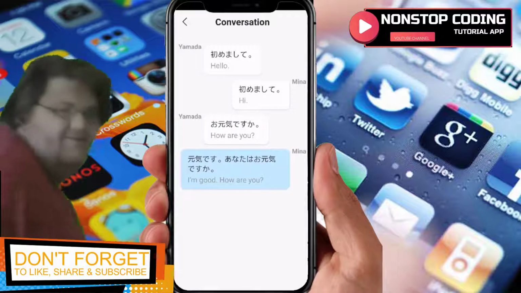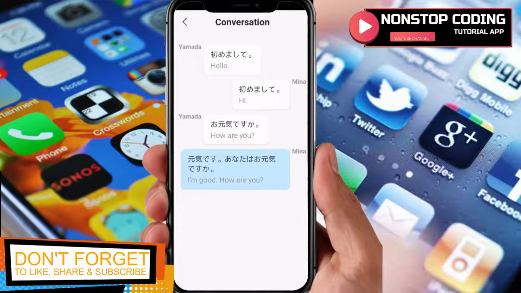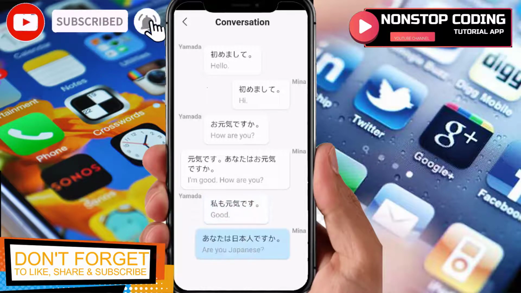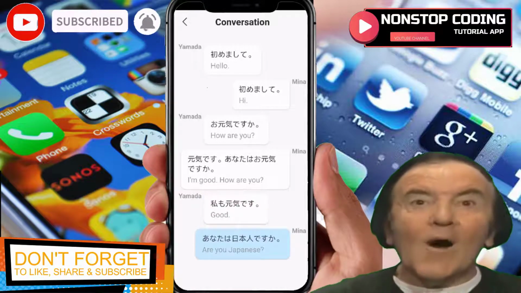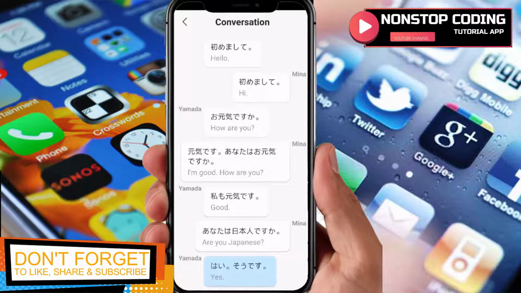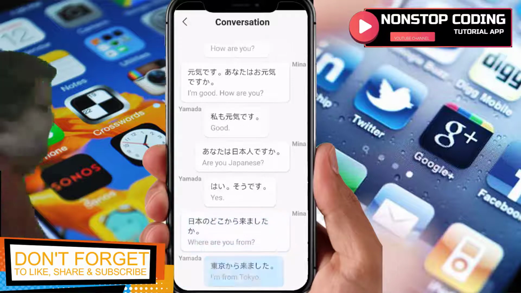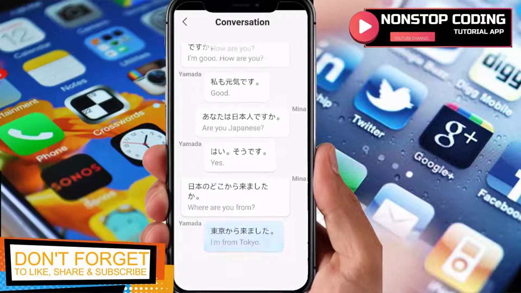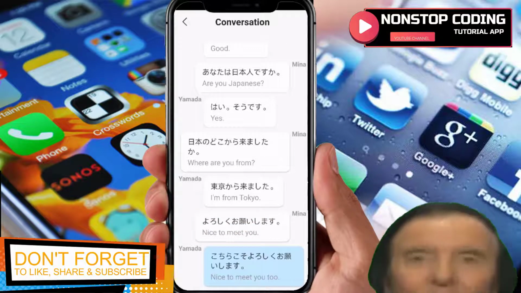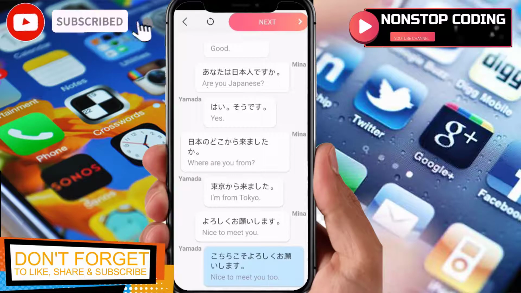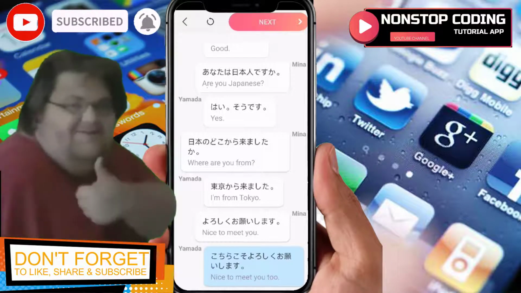So it says, Hajimemashite, hi, how are you? O genki desu ka? I'm good, how are you? Genki desu. Anata wa genki desu ka? Watashi mo genki desu. Watashi wa, anata wa Nihonjin desu ka? Are you Japanese? Hai, so desu. Nihon no doko kara kimashita ka? Tokyo から来ました。I'm from Tokyo. Nice to meet you. どうぞよろしくお願いします。Nice to meet you too. こちらこそよろしくお願いします。So you can now, once you're done listening to this conversation, you can proceed to the next one if you